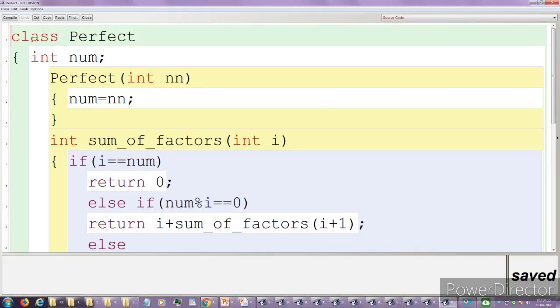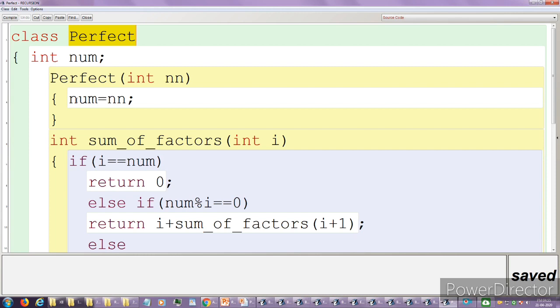Please concentrate here. As per the instructions, the class name is perfect. After the class block, if I declare a variable, this is a data member. When the class name and method name are the same, this is a constructor. Assigning the value of nn to num. We observe that in questions the instruction is given to assign the value of the parameterized constructor to num.